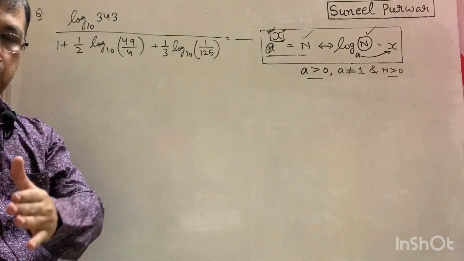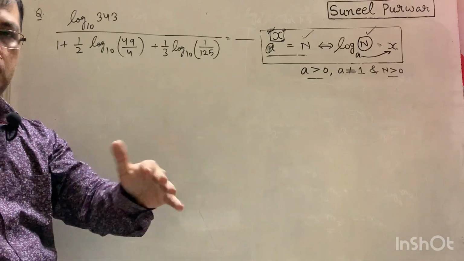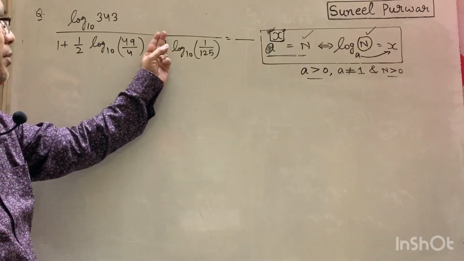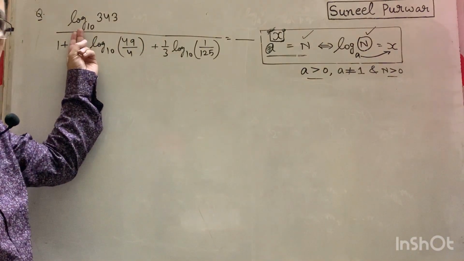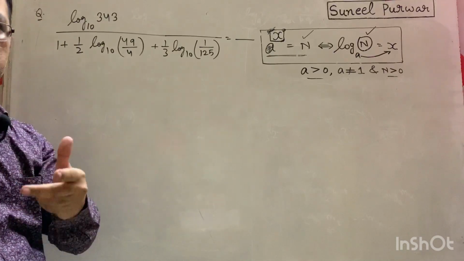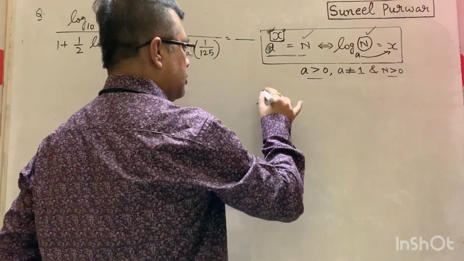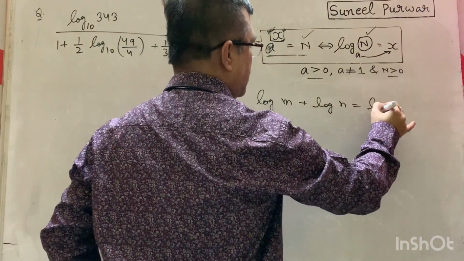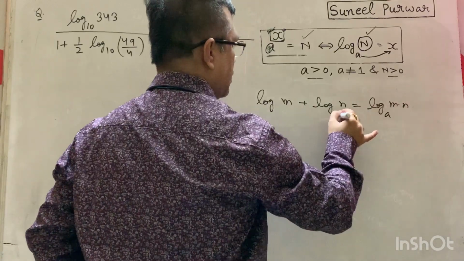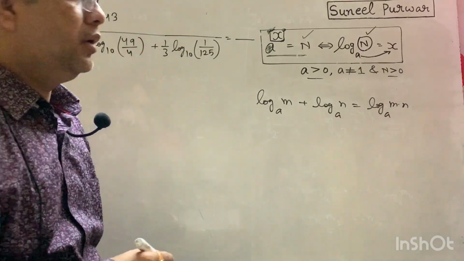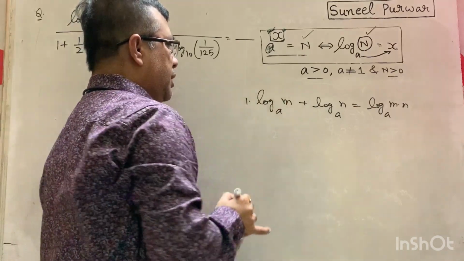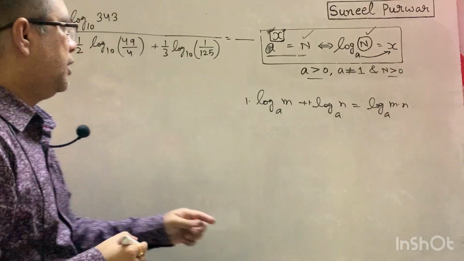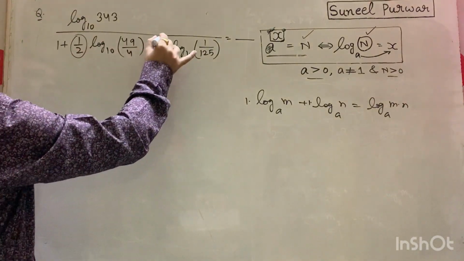So we can apply that property, log of m plus log of n, because they have the same base. But here you see this log is multiplied by the number 1 by 3, and this log is multiplied with the number 1 by 2. No such property was told to you. The property told to you was for when you have log of m plus log of n, it becomes log of m into n, provided they have the same base. And how much is multiplied here? 1 times log m. But here different numbers are multiplied, 1 by 2, 1 by 3.